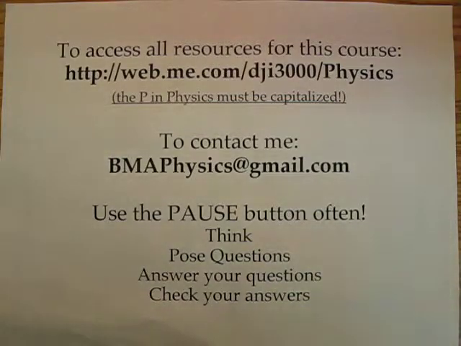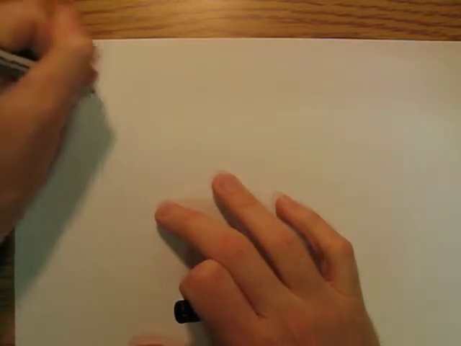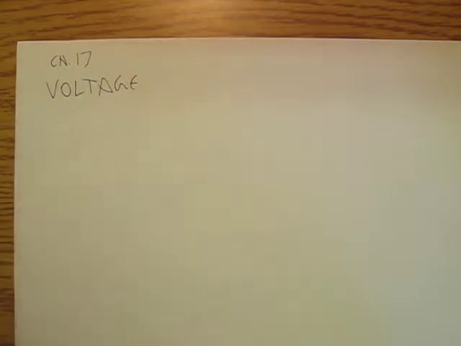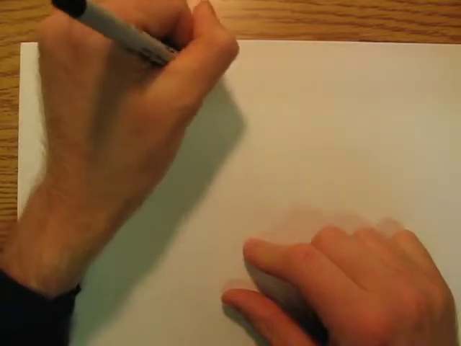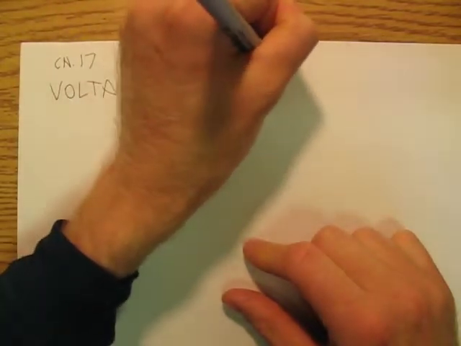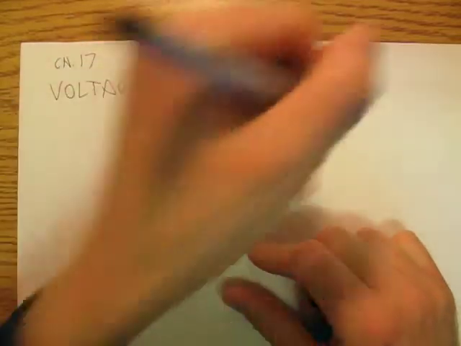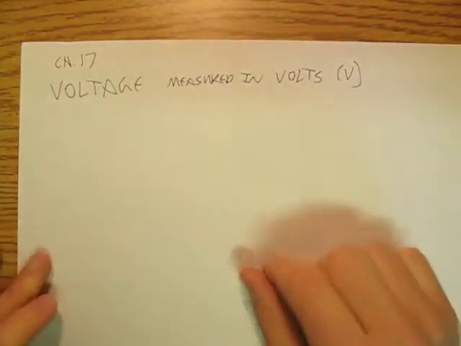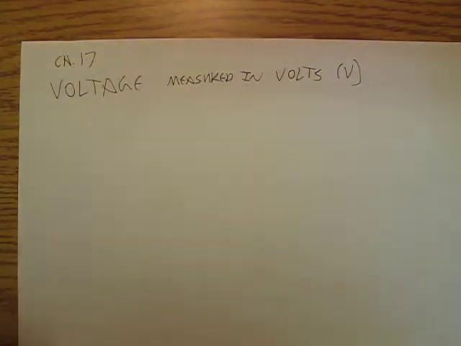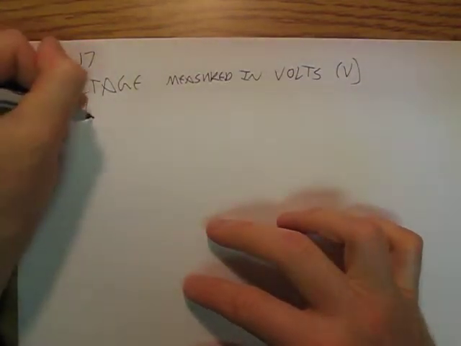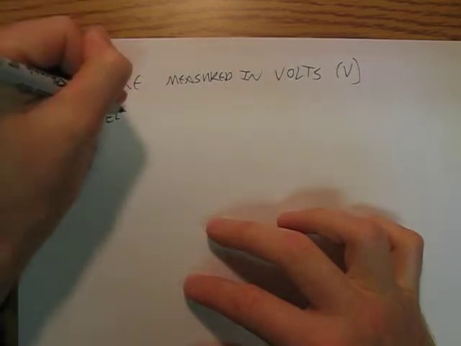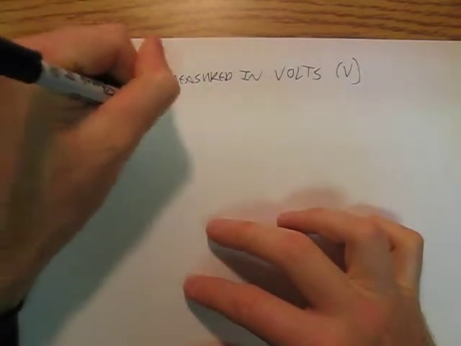So we are in chapter 17 now, and the big concept that we're going to use in chapter 17 is going to be voltage. Voltage is measured in volts, and that's going to have a symbol of capital V, named after Volta. Now it's going to have a lot of names. It's going to be electric potential,